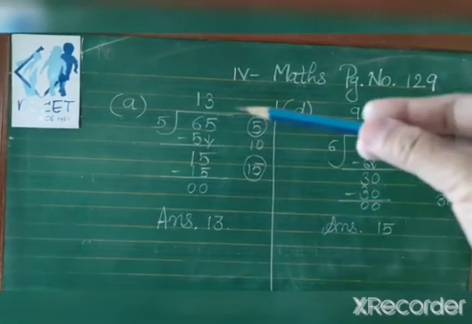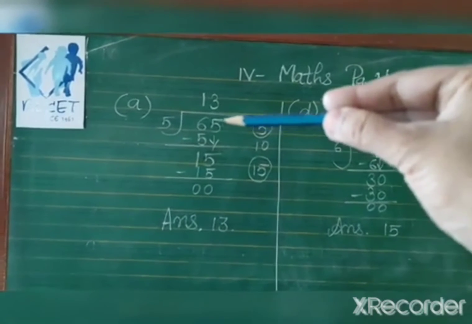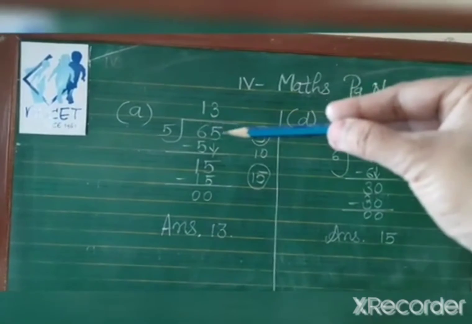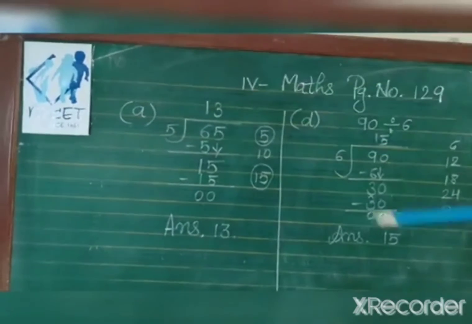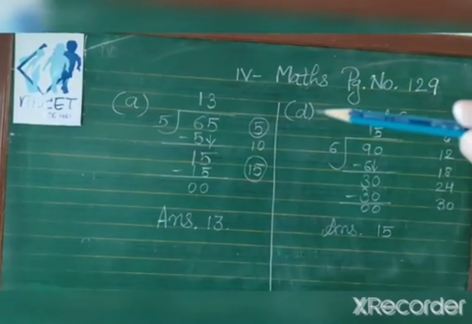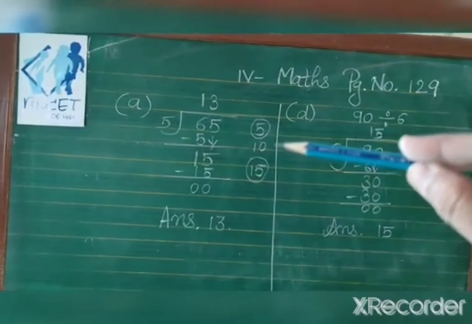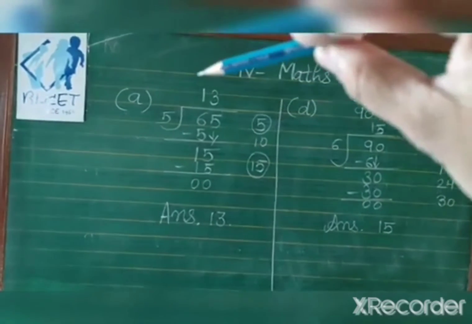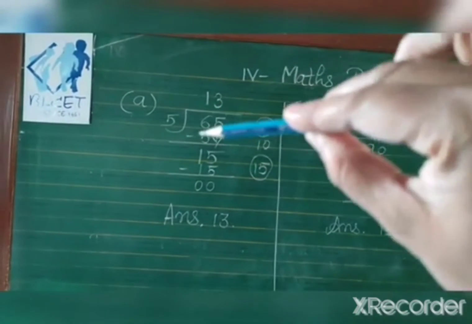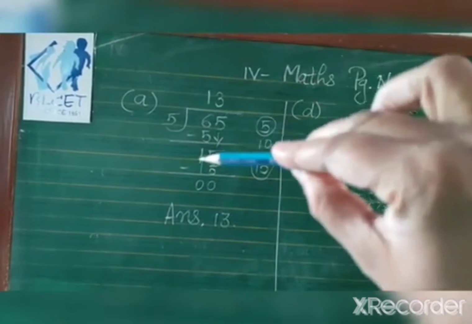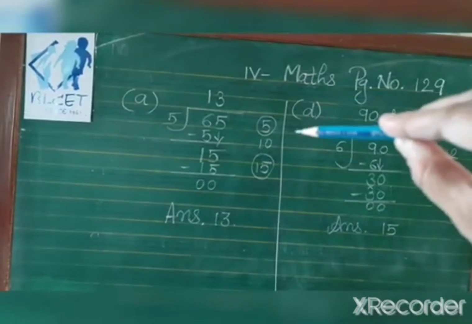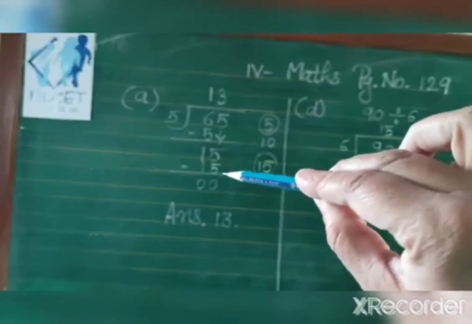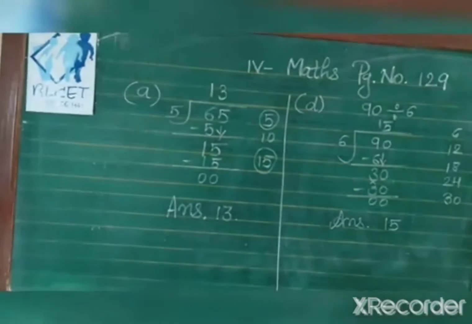You can see here extreme left number is 6. Okay. It is greater than 5. So division is possible. 5 ones are 5, 5 twos are 10. And we are getting a greater number, so subtraction is not possible. So one time we will divide. 5 ones are 5. 6 minus 5, 1. Bring down 5. 1, 5, 15. 5 ones are 5, 5 twos are 10, 5 threes are 15. In 3 times we are getting 15. 15 minus 15, 0. So answer is 13.